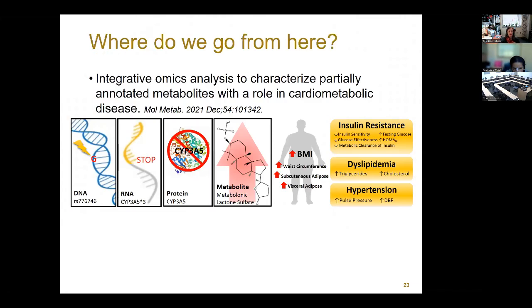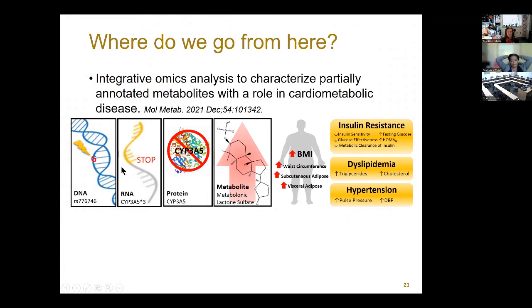So where do we really go from here? We've taken a number of different paths. So this really represents our fork in the road. The first thing that we've done is, building upon these findings, we've used these statistical approaches to integrate metabolomics, metabolic or clinical phenotyping, as well as genome variation to characterize partially annotated metabolites and assess their role in cardiometabolic disease. So this graphic abstract really shows our published work with metabolomic lactone sulfate, in which we identified